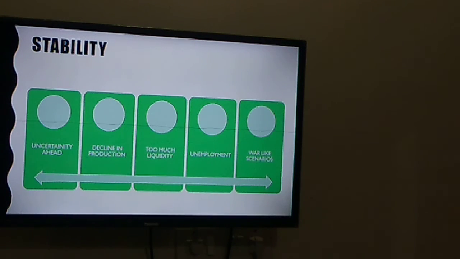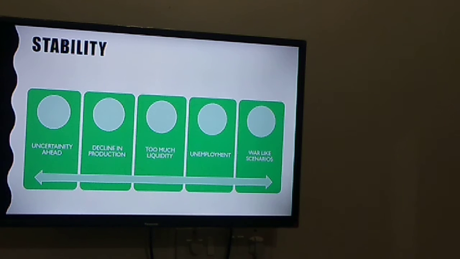Is there stability in the market? What is happening to the stability of our situation or of our country during this time? Is it a stable time to start uploading our systems? Is it a stable time to see that the market will react to all the scenarios? My answer to that is, if you start looking into my slides, you will see there is a lot of uncertainty ahead. Why?